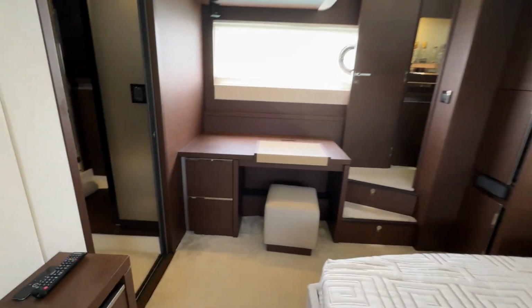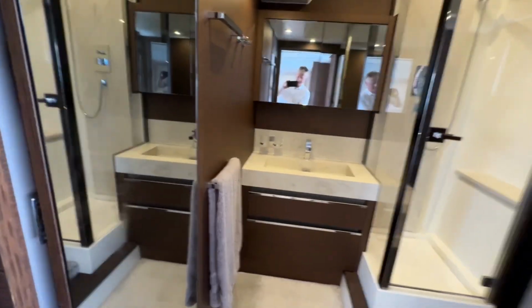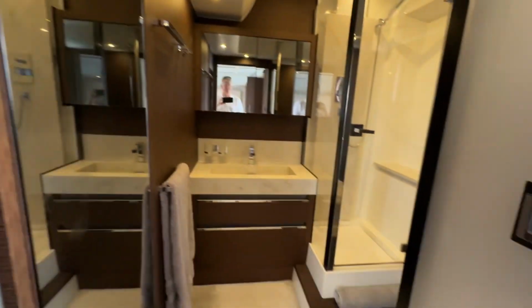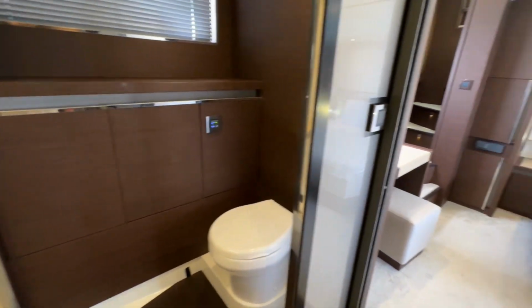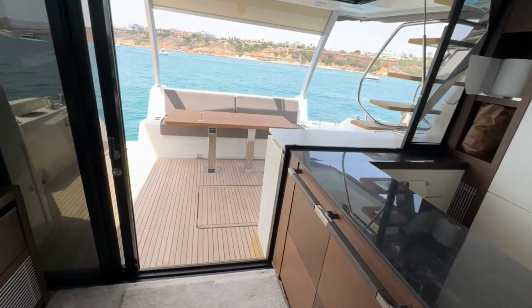And then also you come through into a really nice dressing area and ensuite. So we've got some hanging space here. We've got a wardrobe over on this side. And then a good size ensuite. Sliding door just comes across there to separate that up. Walk-in shower. And there is our full beam master. Yeah, that's impressive considering 63 feet. However,